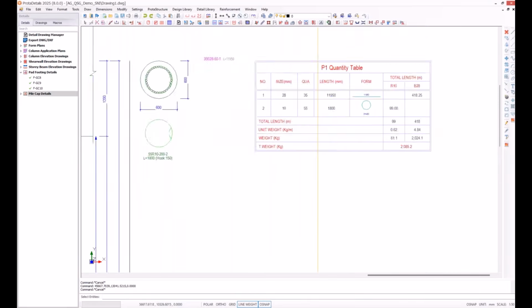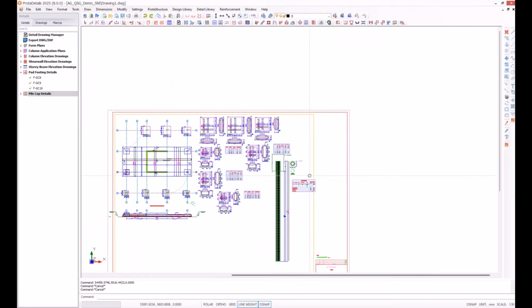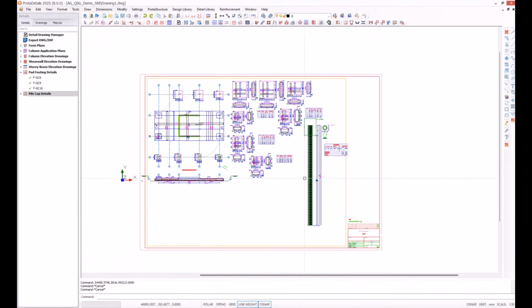Okay. We have a quantity table, but anyway, I don't care about this because what I will do is create a single quantity table for this whole sheet. So I'm going to call the quantity table command, and let's make it a portrait.